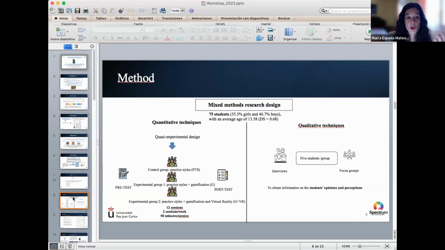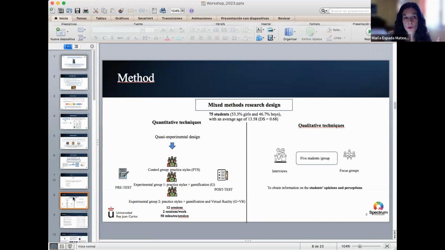One, the control group, in which we use the command style. Another group was experimental group 1. In this group, we use a practice style plus gamification. And in the last group, experimental group 2, we use a practice style plus gamification and virtual reality.